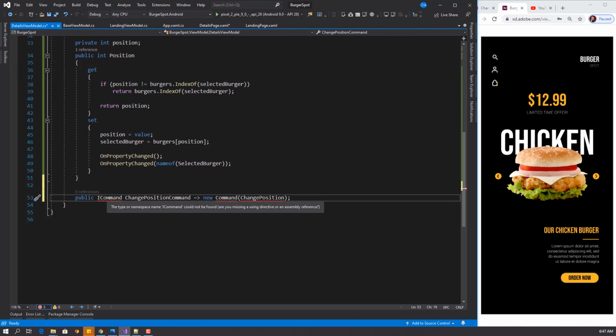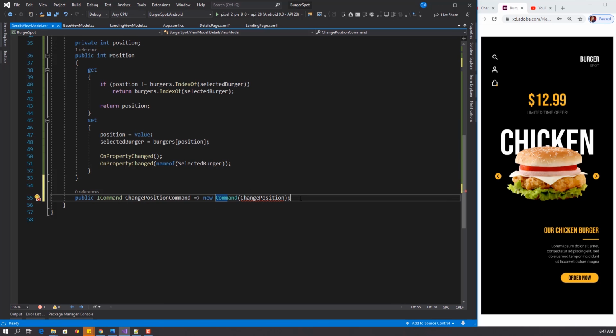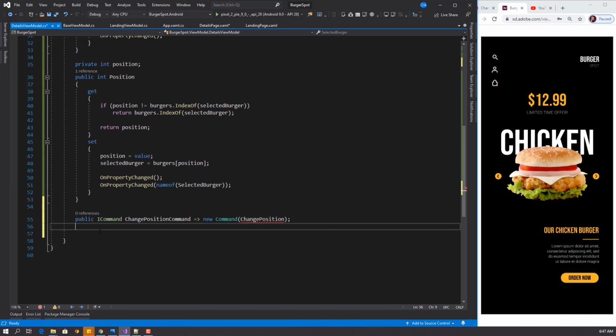Let's resolve the namespace. Okay, so then we're going to create this method, and this method, like I said, we want to identify the direction. So the method will have